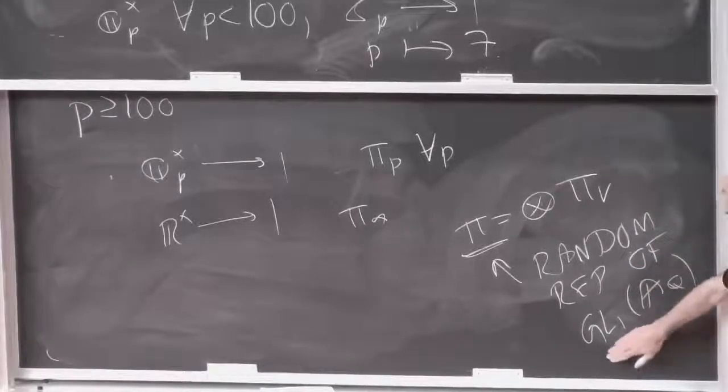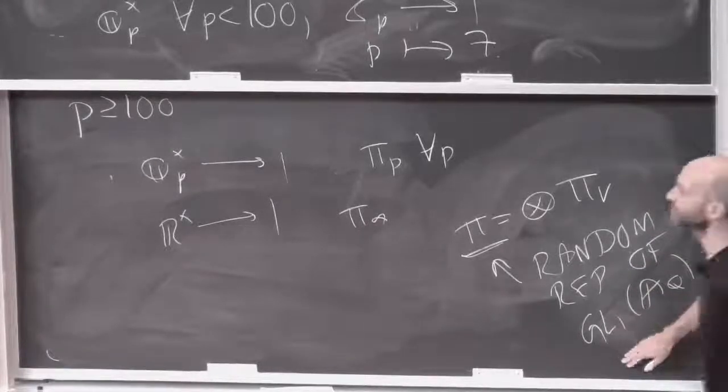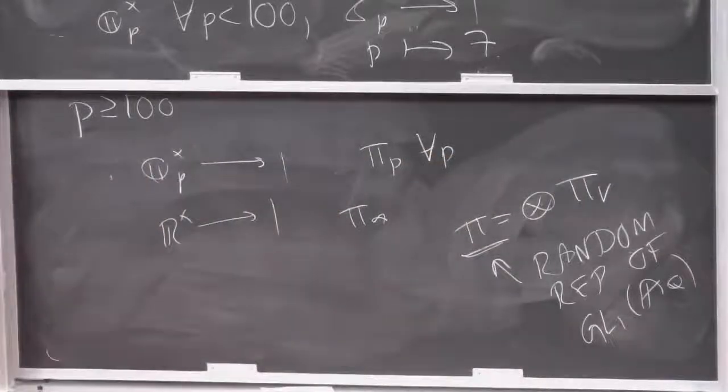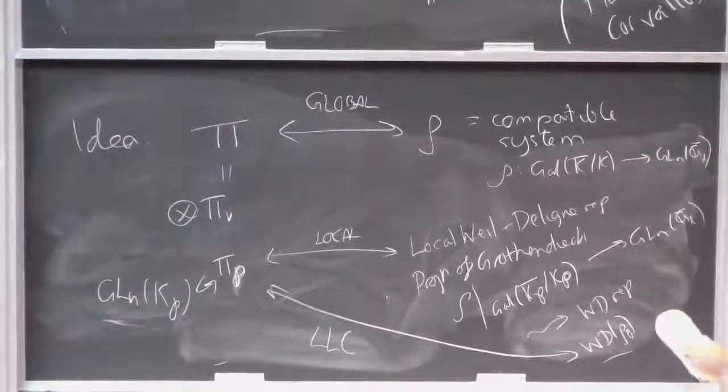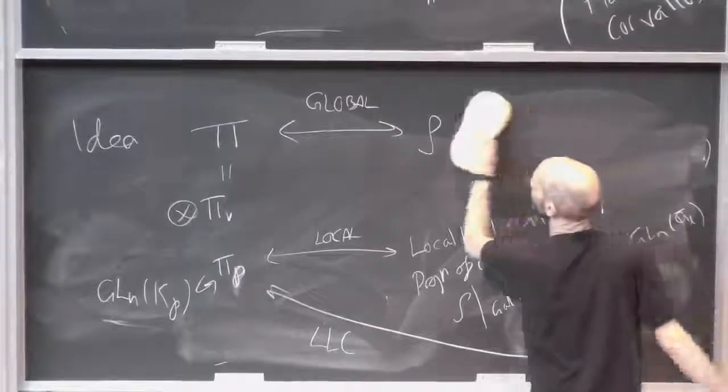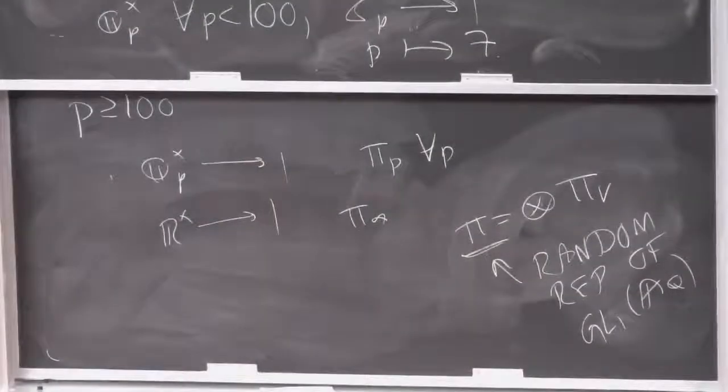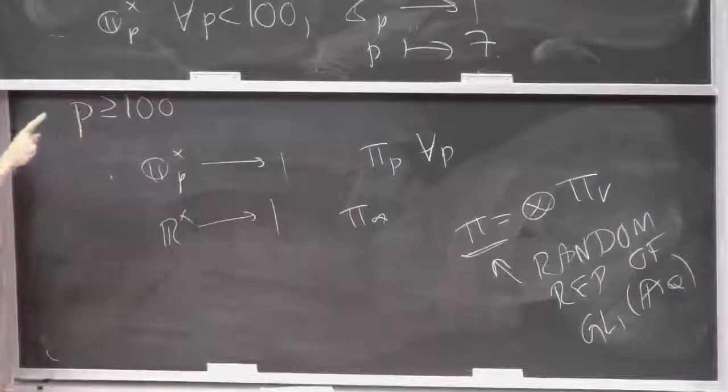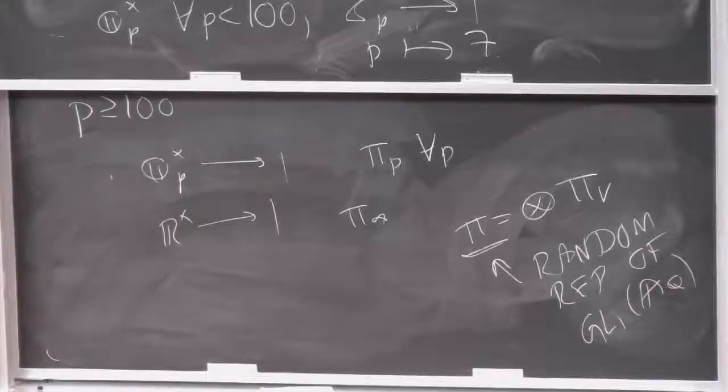It's really easy to write down representations of GL_n of the adeles of Q, because all you do is you take local representations, you tensor them together, and you put a little dash there to indicate that there's something going on behind the scenes that you're not too bothered about. So representations of GL_n of the adeles of Q are very easy to come by. And as you can probably see from this construction, there's a lot of flexibility, right? I mean, there's nothing special about the number 7. That was just sort of a joke number.